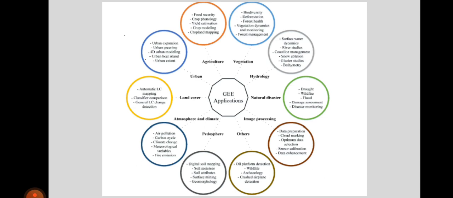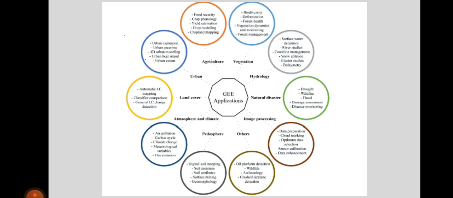And coming to urban expansion, we can identify urban expansion, urban greening, 4D urban modeling, urban heat island, urban extent, etc. Coming to land cover, automatic land cover mapping is done, and classifier comparison and general land cover change detection are calculated. Coming to atmosphere and climate, air pollution, carbon cycle, climate change, meteorological variables, etc. are identified.